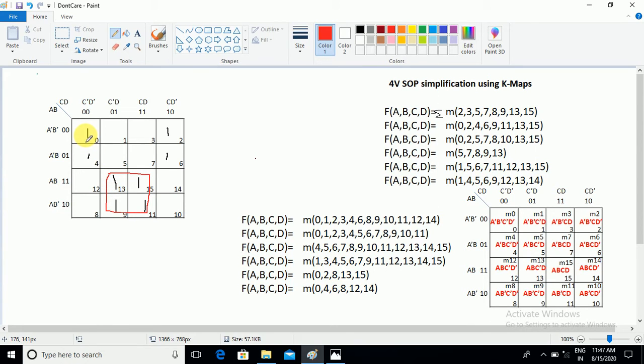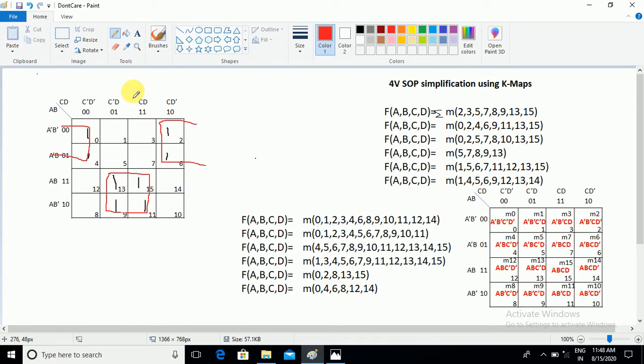Let us go to the 0 and 4 cells. Maybe you think we can create a 2 cell group here, and here also a 2 cell group. But if you think of folding the paper edge grouping, here also we can create a 4 cell grouping. If you fold the paper vertically, then what could happen? 0 and 2 will touch each other, and 4 and 6 also.